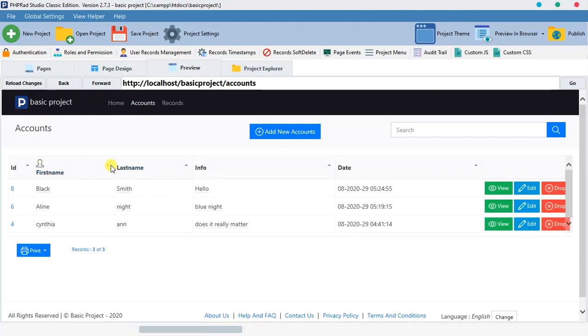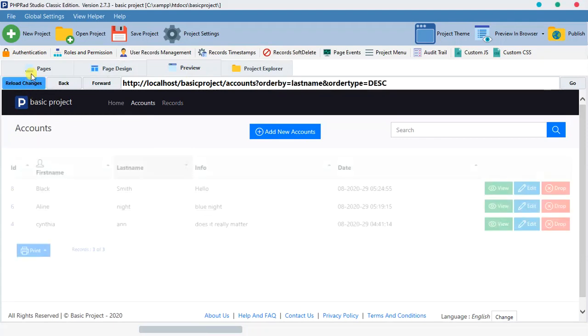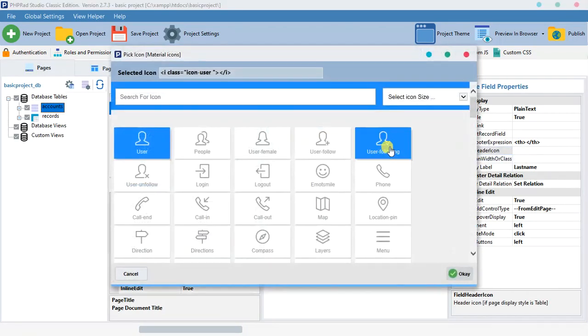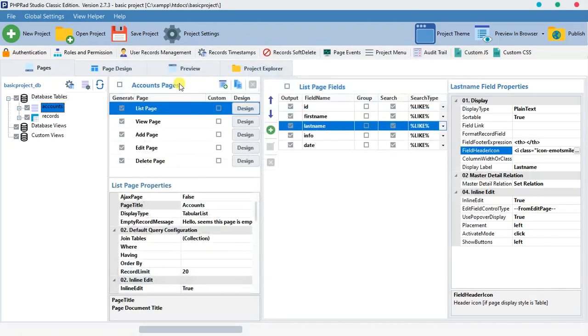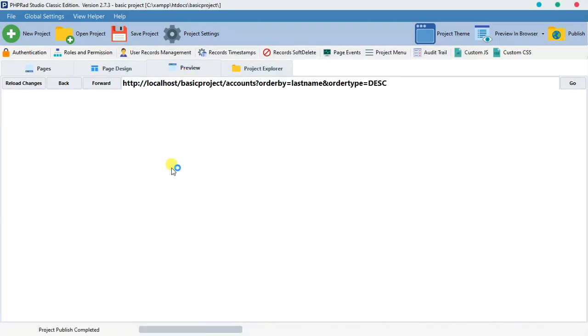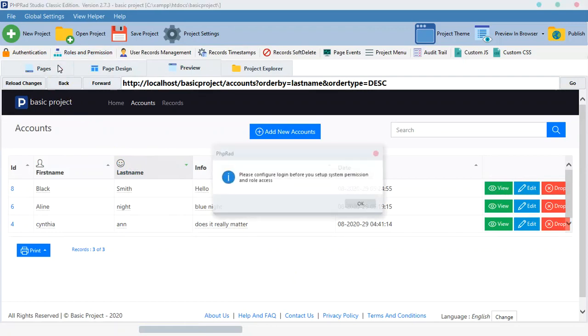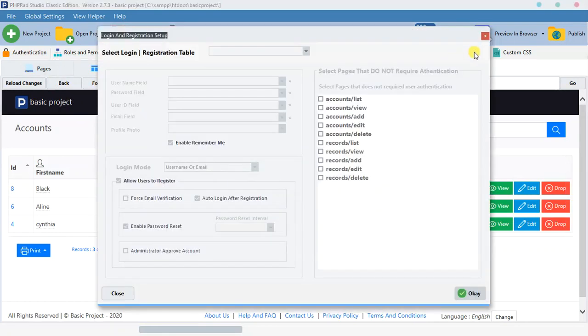If we like, we can add an icon to this last name. Our last name, we can add an icon here. We can add this emotional icon over our last name. You can see it on top. So it allows you to put an icon to the table. All right, so moving forward to the next thing,